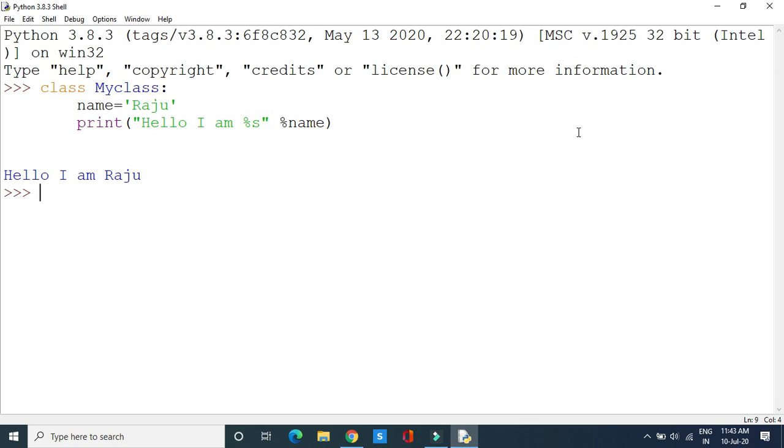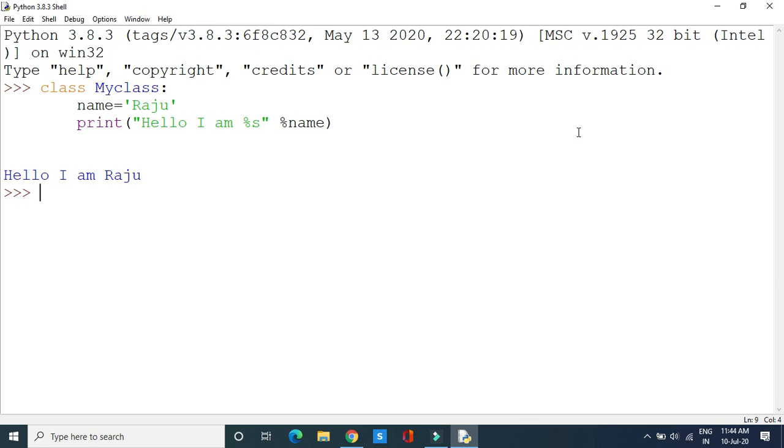Here we got Hello, I am Raju, from the print statement which I have written inside a class. But the question is, where is the concept of data encapsulation? We know that the variables and functions enclosed within a class can only be accessed by its objects. But here, even without the object, we are able to do it. This means that it is not a good practice to implement classes this way.